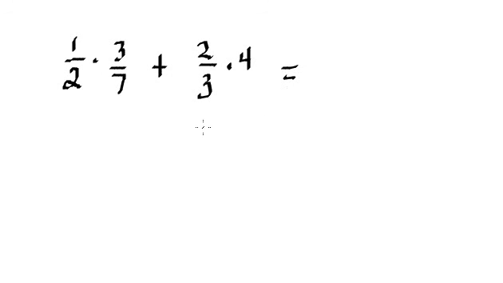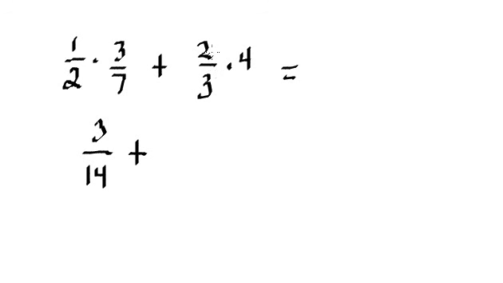Alright, let's work another one out here. Let's say we had a half times 3/7 plus, let's say we've got 2/3 times 4. So we've now combined both addition and multiplication of fractions here together. So let's try to work this out. There's no simplifying going on here, so this just becomes 1 times 3 is 3, and 2 times 7 is 14,